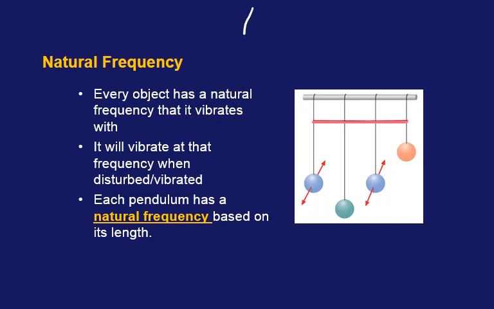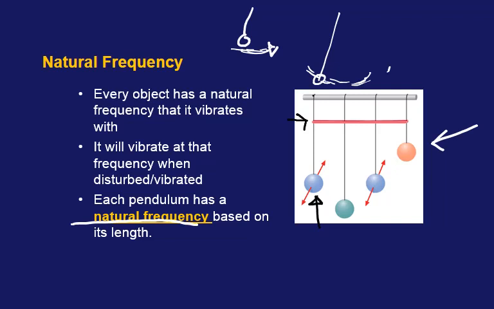Now, if you have a short pendulum, it's going to go back and forth pretty rapidly. A long pendulum takes a longer amount of time to go back and forth. So what determines its natural frequency is how long the string is. And if you have a setup like this, a great example where you have 4 pendulums all tied together with this rubber band, and you start to move one of these back and forth, it's going to be moving this back and forth. Now it's going to be pushing each of these back and forth,